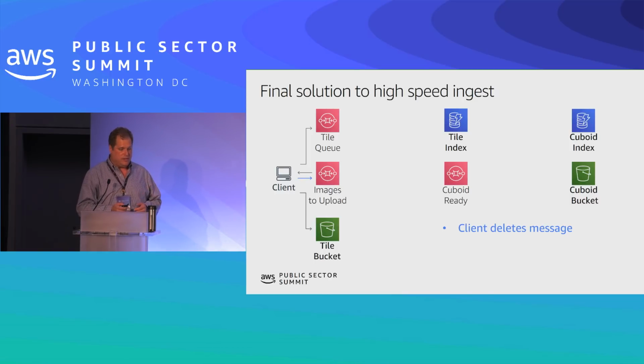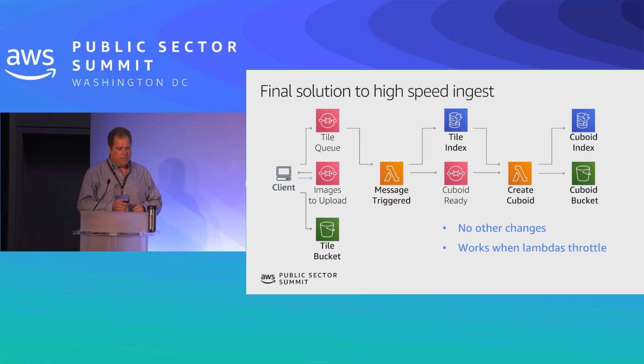The other nice thing about this solution is that we can see how backed up our system is. It's more transparent. The tile queue can show us all of the messages that are waiting to be finished. At this point, it fires off a new message and a new Lambda, and from there it's really the same as it was working before. We're just changing it so that the Lambdas are firing off the tile queue in the system.